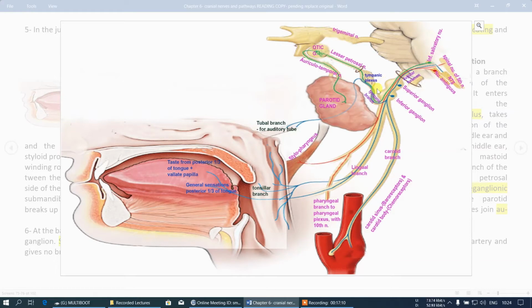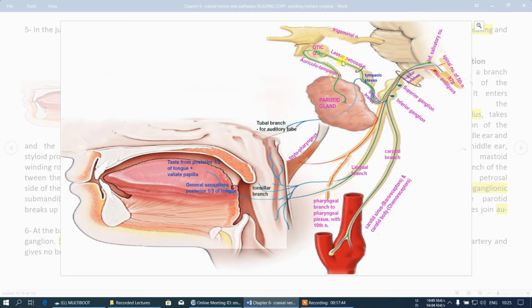Superior and inferior ganglion. Now the inferior ganglion gives this tympanic branch. This tympanic branch enters in this floor of the middle ear cavity. Then it divides and forms the tympanic plexus around the promontory of the middle ear. This tympanic plexus supplies the tympanic membrane and mucous membrane of the middle ear. Then in the roof it is forming this lesser petrosal nerve,